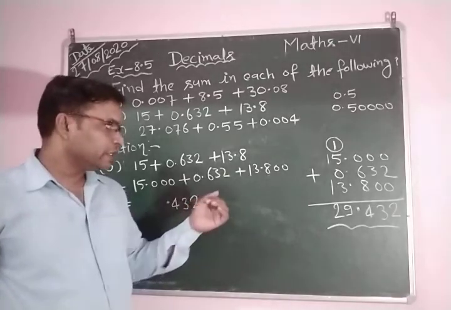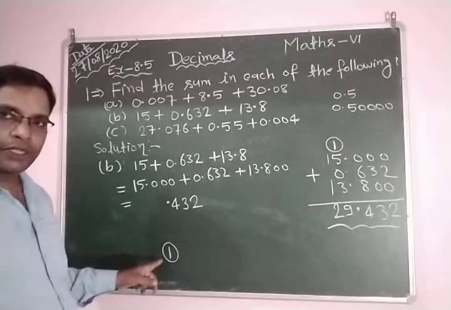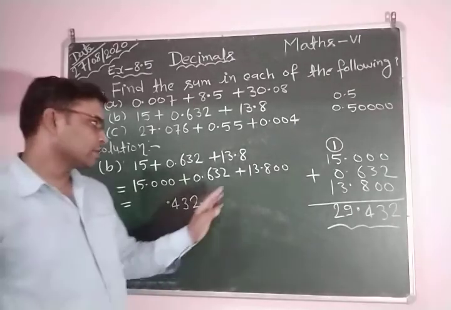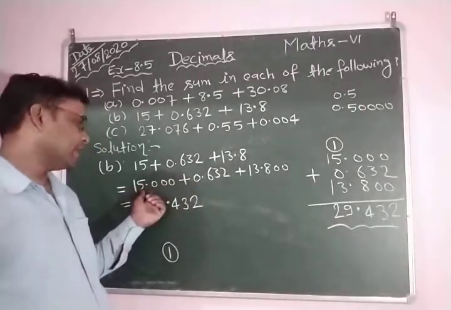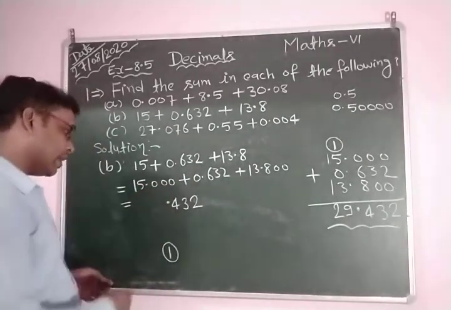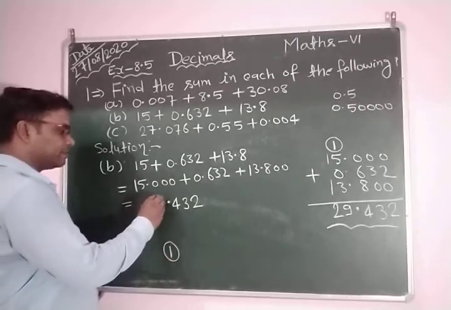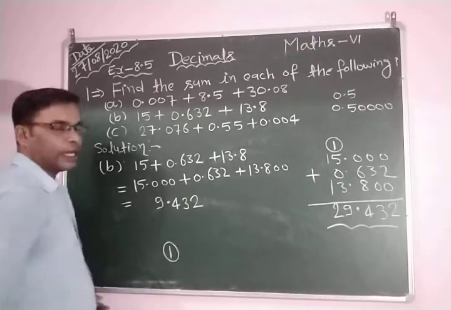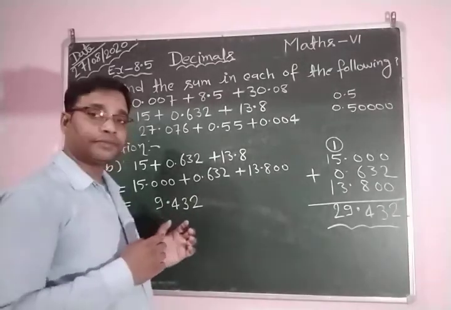So the unit place digit is 3, here 0, here 5, and carry 1 is left. So 3 plus 0 plus 5, so 3 plus 5 is equal to 8. 8 plus 1, this carry, is equal to 9. Okay. After this, we are going to add the